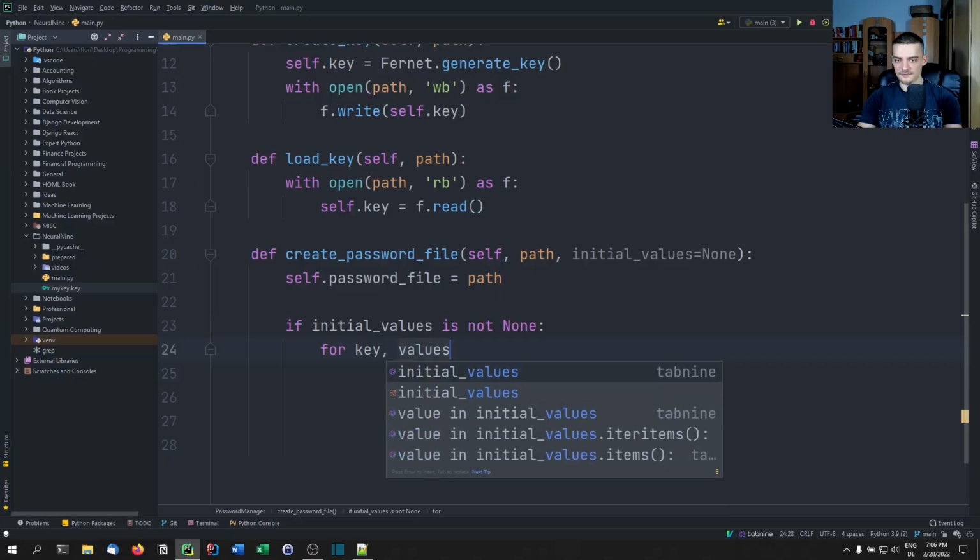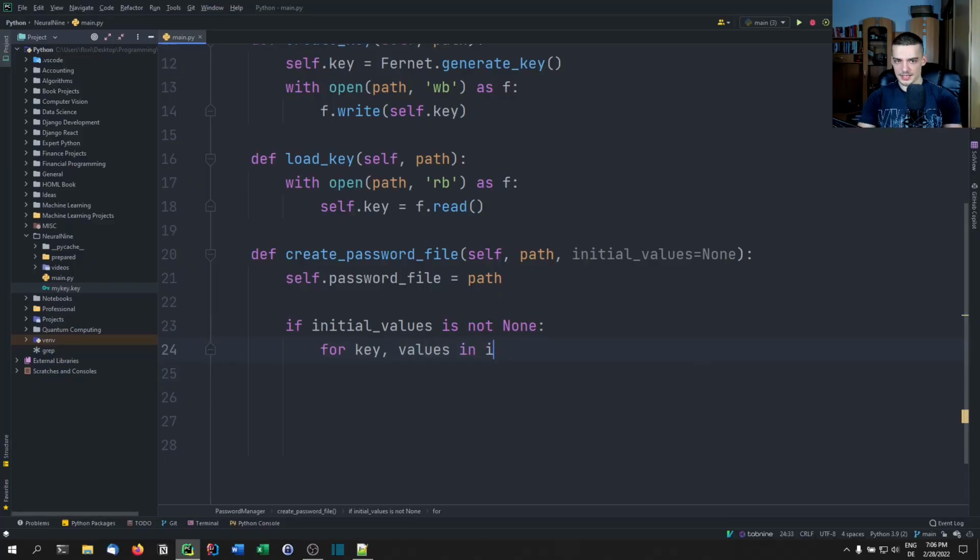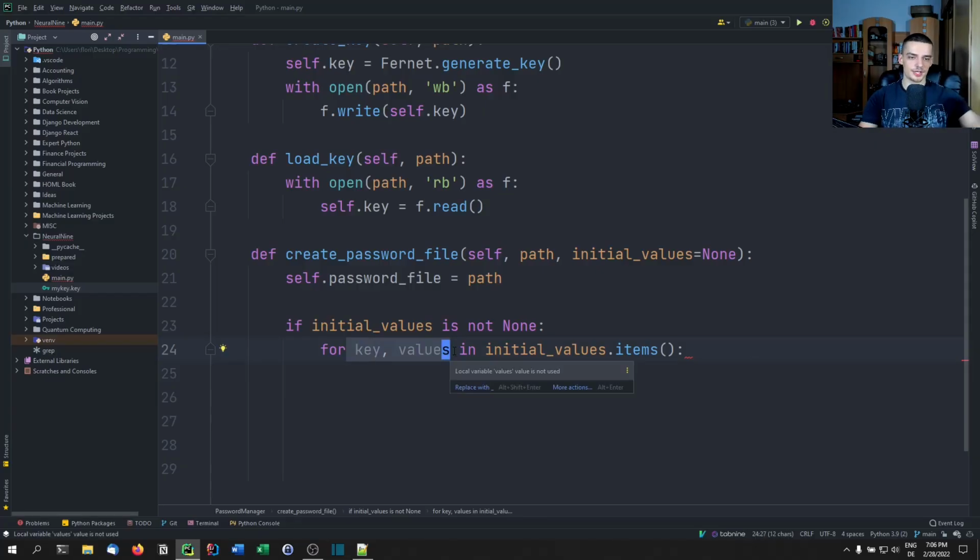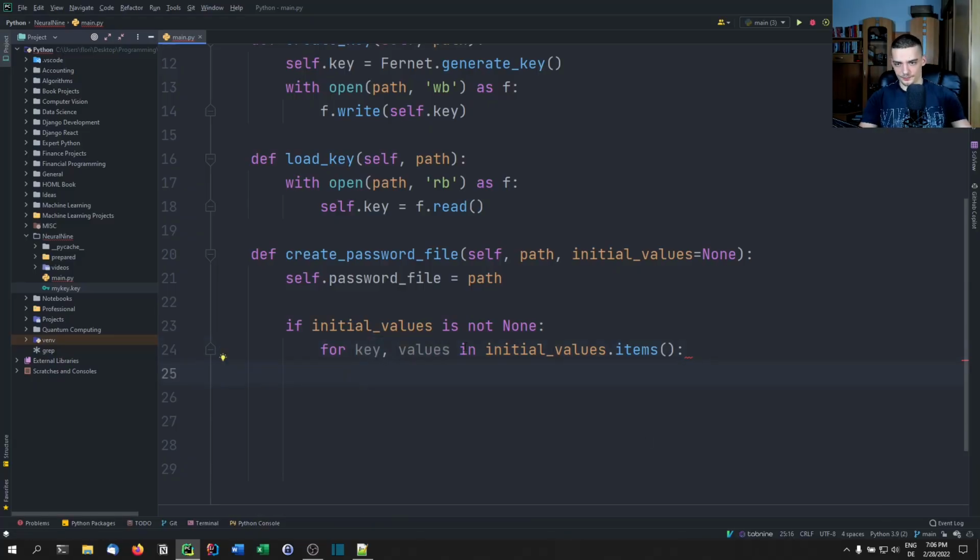So for key, value in initial_values.items(). When you have a dictionary, the .items() method can be used to iterate over the tuples. So we have a list of tuples of the key value pairs. So key, value are essentially the things here. So let's just call this key, value. And essentially we can then say self dot,